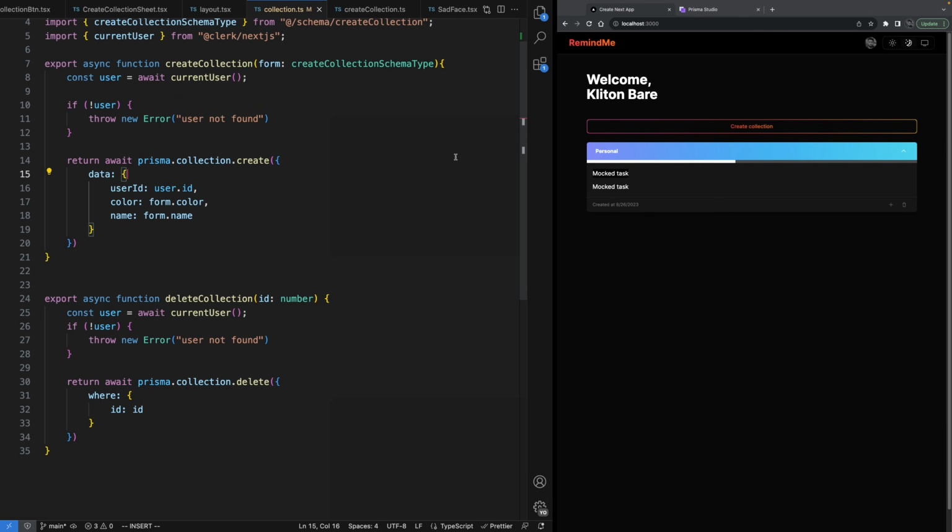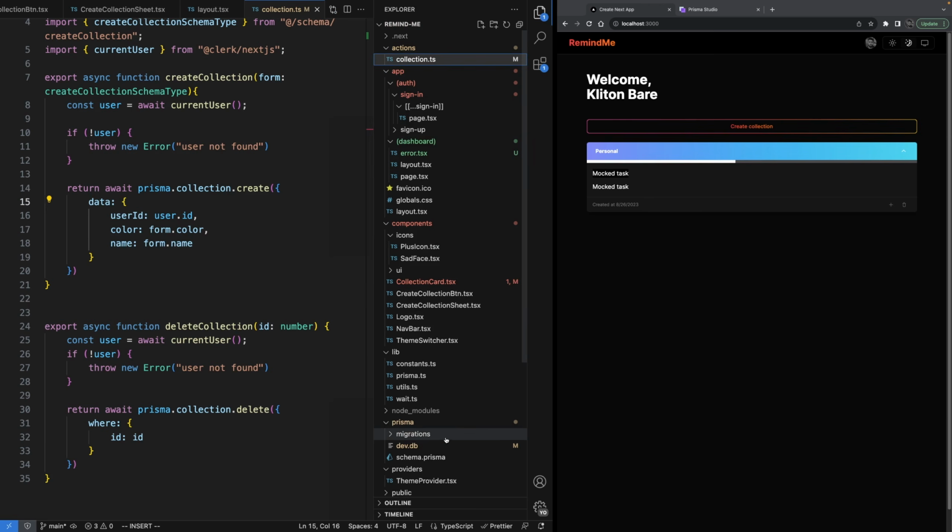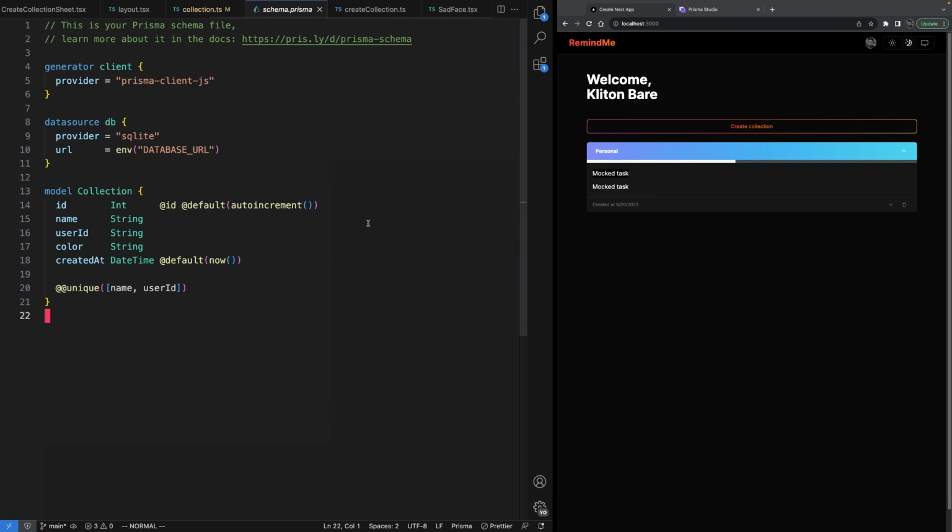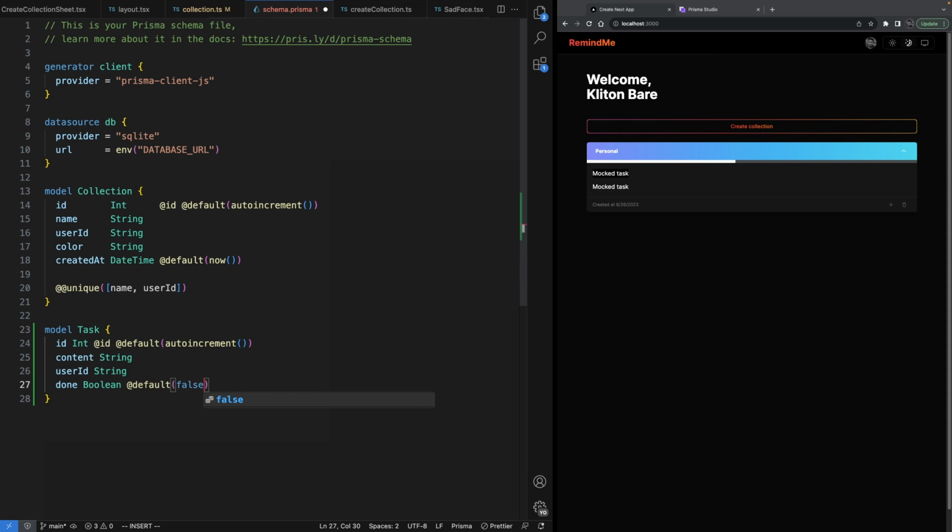Now we are going to add the tasks to our collections. So let's go back to our project explorer and let's open the schema.prisma file. Let's add a new model called task. We have an ID of type int. Let's mark it as ID and also default auto increment. Then we have a content of type string, user ID of type string, done, which is a boolean and default value is false, expires at, which is an optional date time,